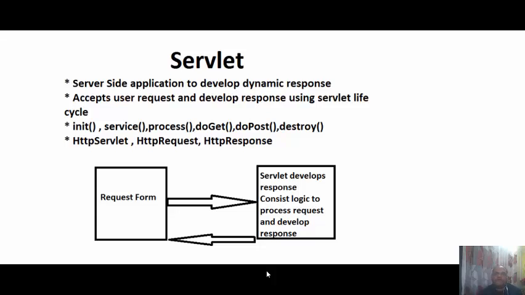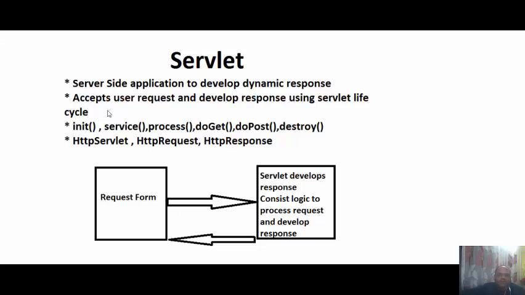And here is the role of a servlet. In a single statement, if someone wants to answer what is a servlet, it's a server-side application to develop a dynamic response. It will accept the user request and develop a response using the servlet lifecycle. In core Java, we probably studied about applet.